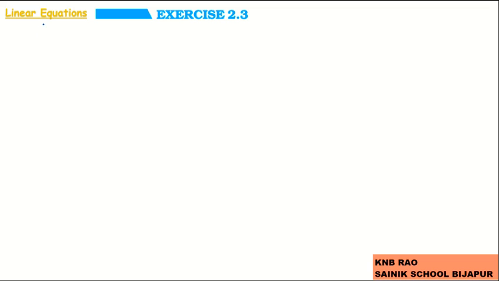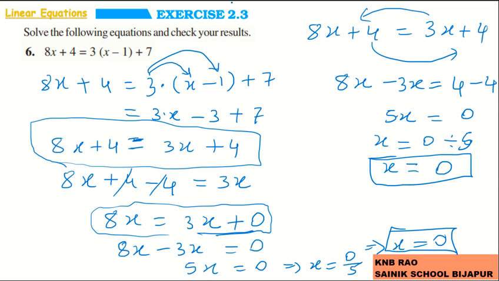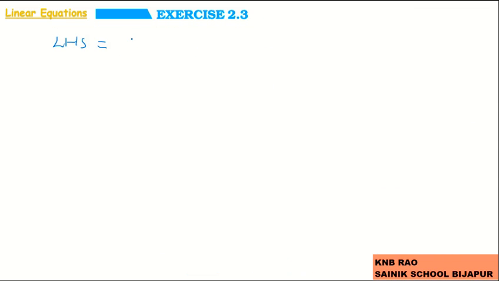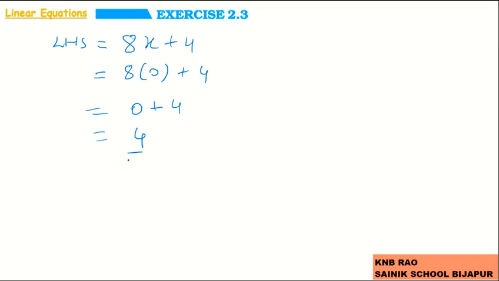In the question, the left hand side we will do separately. The left hand side is 8x plus 4, in which 8 into 0 plus 4. 8 into 0 is 0, 0 plus 4 is 4. This is the left hand side. And what is the right hand side? RHS is,